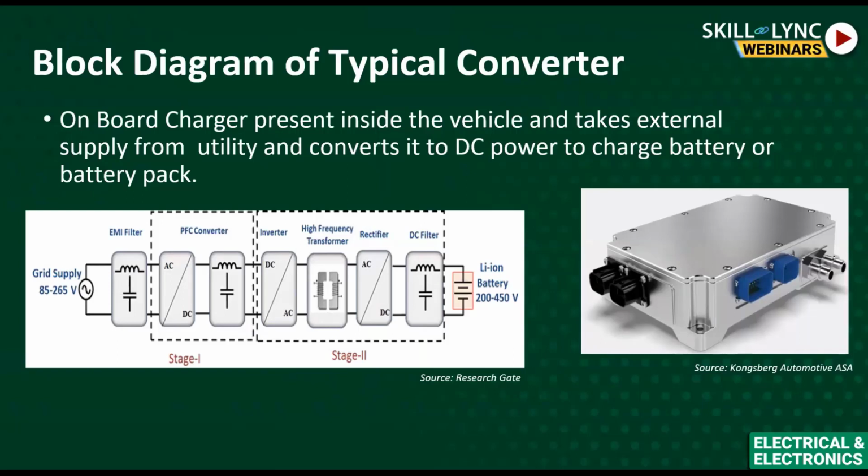You can see the grid voltage here. Our grid voltage might vary: 230 volt AC, or we just put 85 to 265 volt AC, depending on the country and the standard. There is an EMI/EMC filter. Its regulations are defined by the standards, or by the customer, or by both. We have to meet the requirement. And there is a PFC converter. I already told you the importance of the PFC converter.